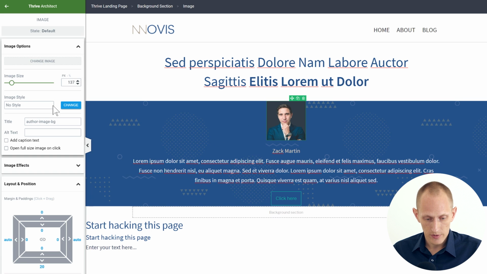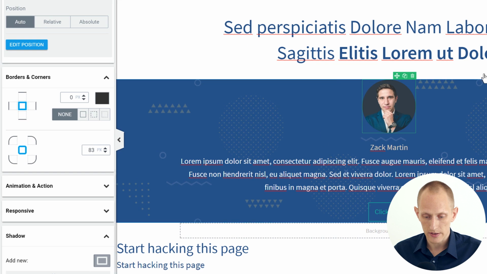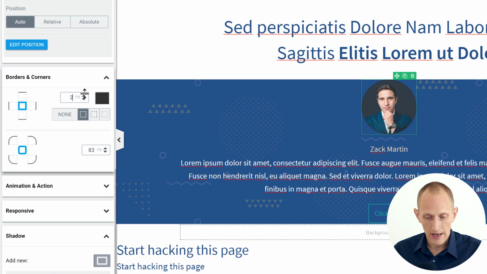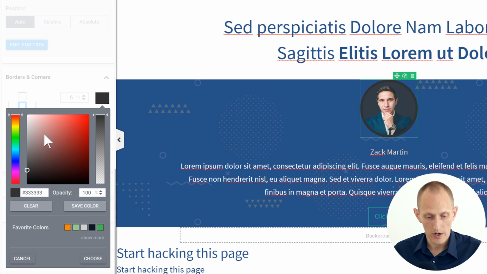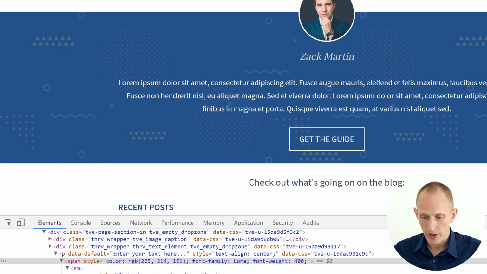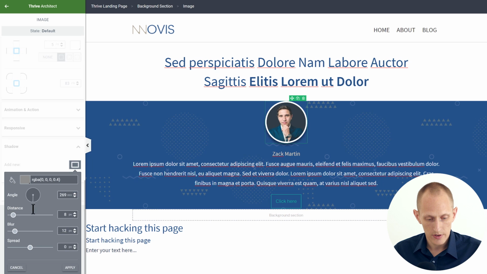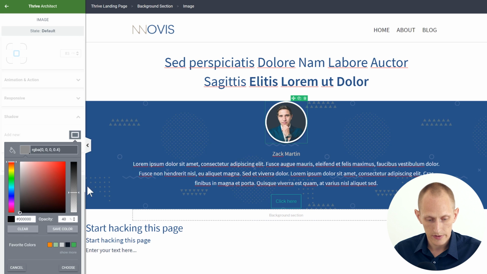Now, the image here needs a few things. So first of all, it needs rounded corners. I can click and drag until it's round. Then it needs an outline, which was white. So I give it a border like this. That's probably too thick. Maybe like this. It also has a slight drop shadow, which we can also add. We'll add a shadow like this, and we'll make it quite small, I think. So we'll make it a relatively subtle drop shadow,